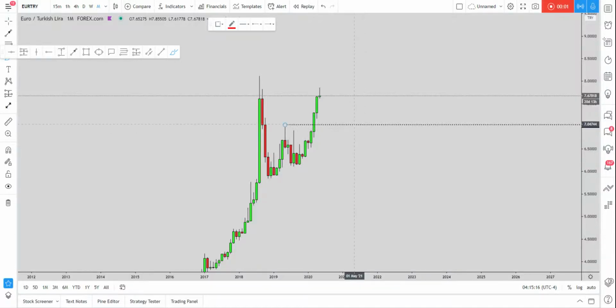Okay, so what kind of situation do we have at the moment from a Euro Turkish lira perspective? So let's start from the monthly time frame. On the monthly, what we can clearly see is that the market has created this very nice W formation. Now, after a W formation, what do you expect the market to do? You expect the market to make a move to the downside, to basically go to test and complete the pattern